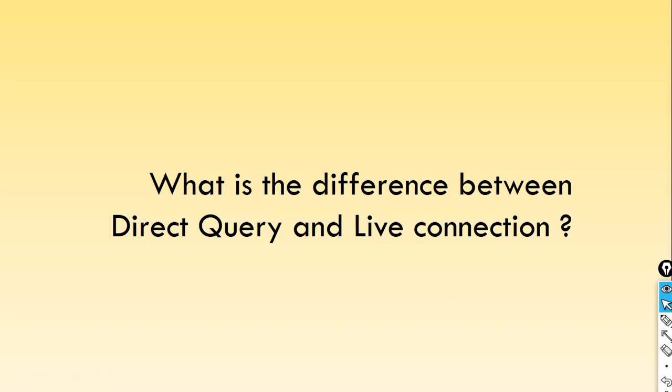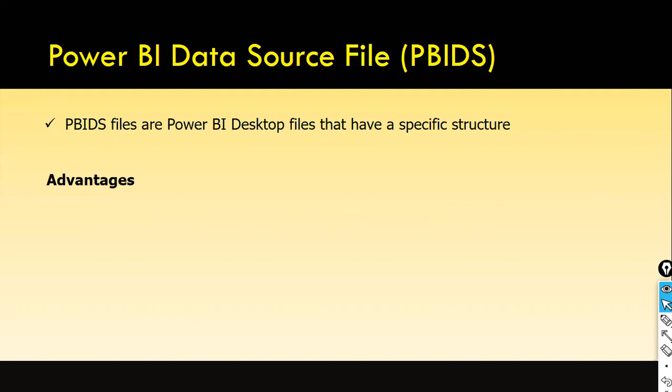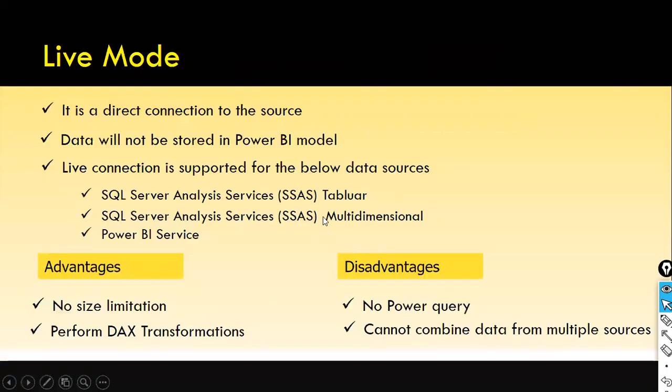You can work only with SSAS, multi-dimensional and tabular. What is multi-dimensional? It is a cube. Multi-dimensional is nothing but a cube. In SSAS, you can create the cube. What is a cube? You remember in school time, our parents bought us the cube, right? You can rotate the cube so that all the colors will be in the same row. So you play around with the cube. Cube is nothing but, if you want to view the data in multi-dimensional, that is possible. For example, your manager wants to see